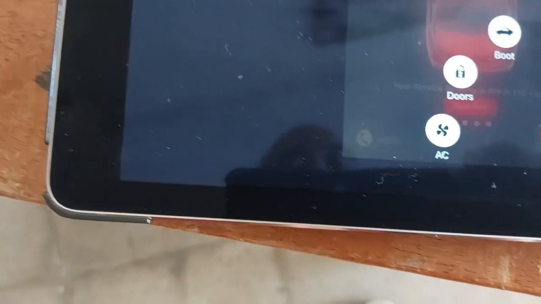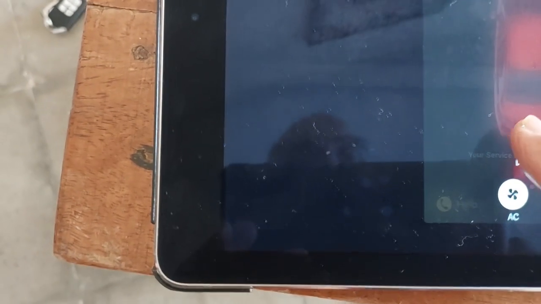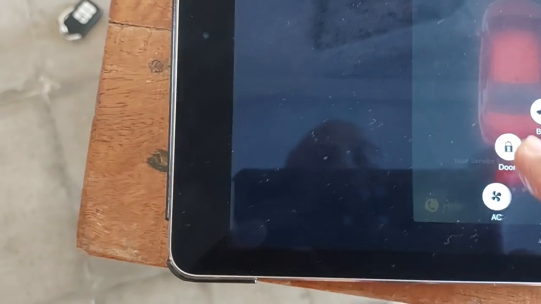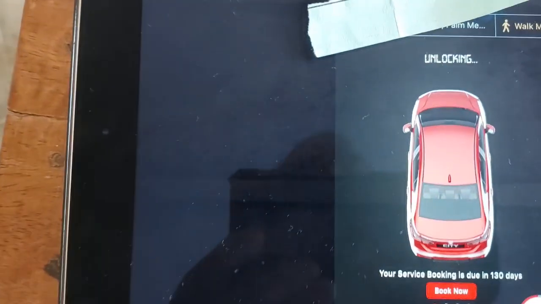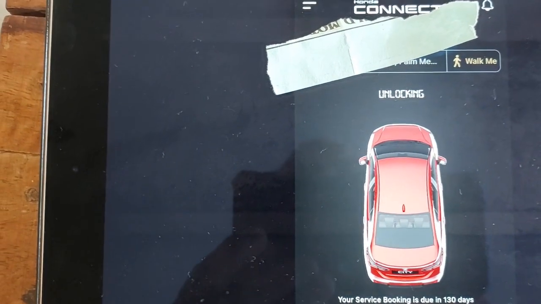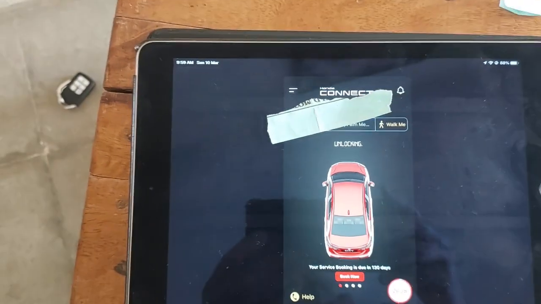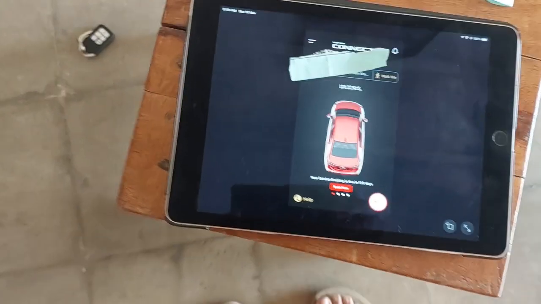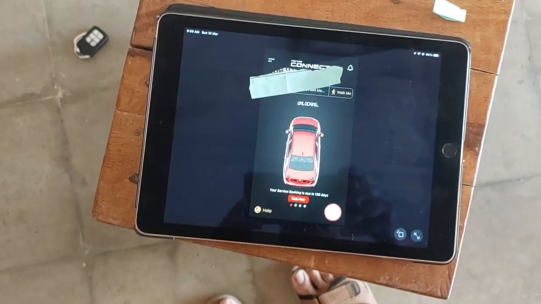Okay, so now it gives me four options. We'll start with the option of the door. I can unlock the doors using this option by pressing this key button here. And when I do that, you notice it's saying it's unlocking. It will take about 15 to 20 seconds because it's cloud based, it's not instantaneous. It takes that much time to do the unlocking, and now the car has unlocked itself